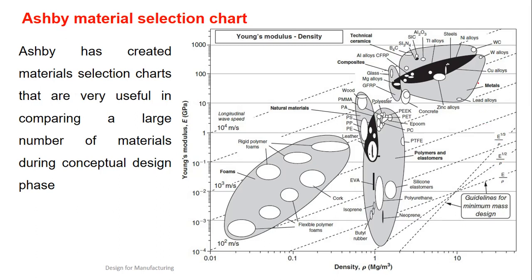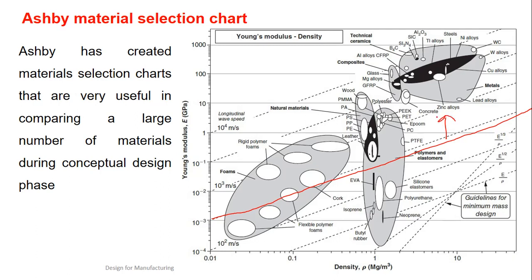Now let's say I'm interested in some X or Y material. I will do all my technical calculations and get a ratio of E by rho. E is nothing but Young's modulus, that is the material property, and rho is nothing but the density. Depending upon that I can get a ratio. Let's say that ratio is somewhere around 10 raised to minus 3, so I will get this curve. This line is defined by E by rho, that is, density. Now if you see from this chart, for anything lying above this line, I can select the material.